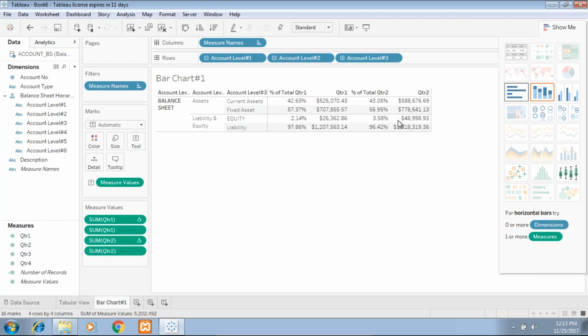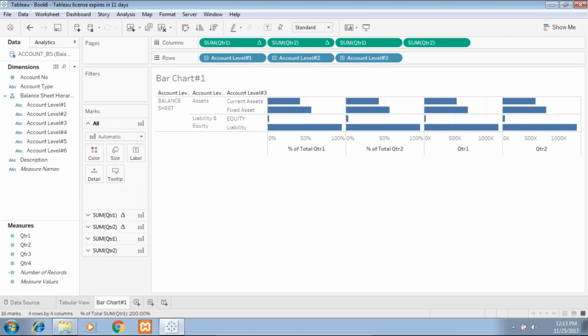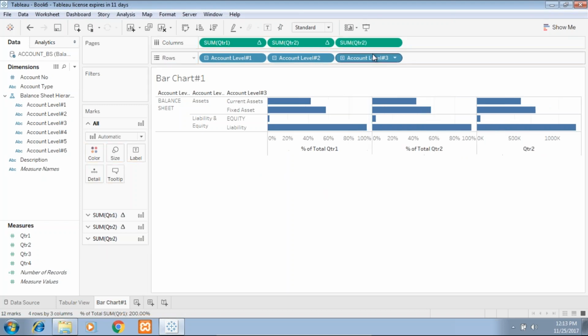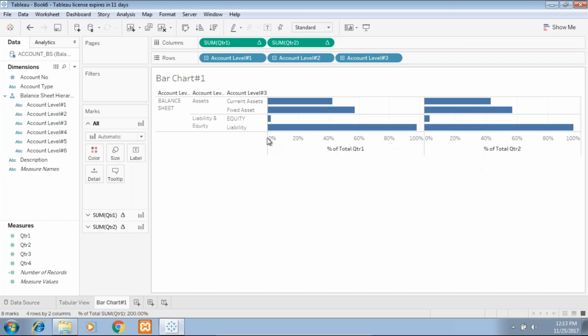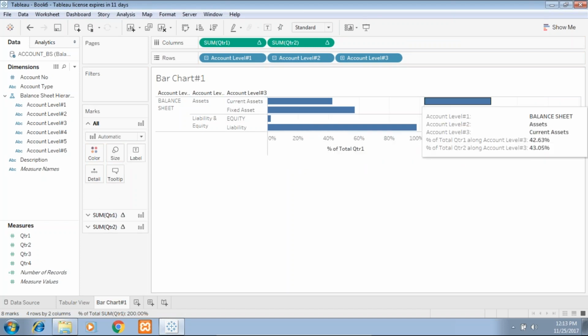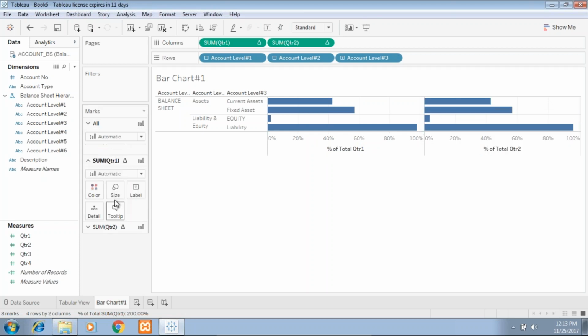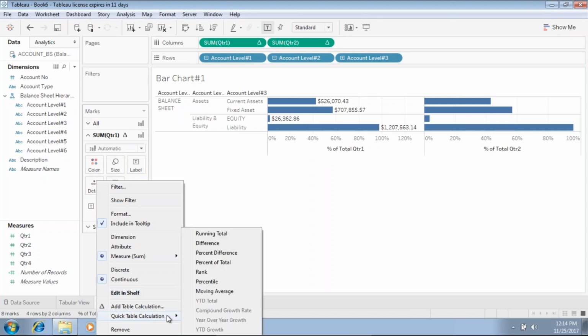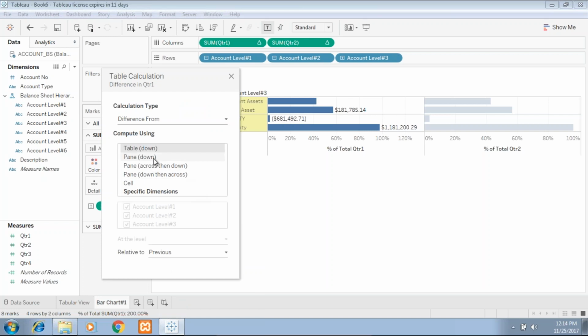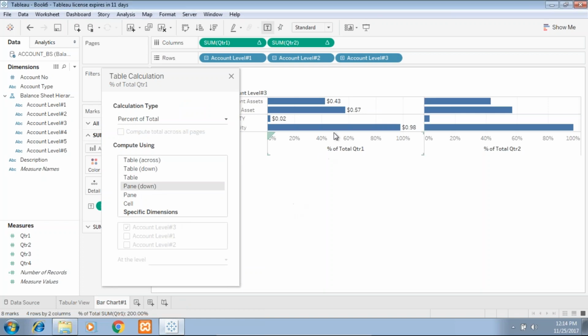I'll convert it to my bar chart, and to make it meaningful I need to display only the percentage value. I don't want to display quarter 1, quarter 2 values like that. Quarter 1 and quarter 2 values I display as numbers, so I can compare from quarter 1 to quarter 2 in terms of bars. Go to your mark 1 and put a label as quarter 1, and the quarter 1 label I display again as percentage of total. For a quick calculation, you can use percentage of total, or you can go for add calculation and use pane, because I'm using percent of total for individual pane,